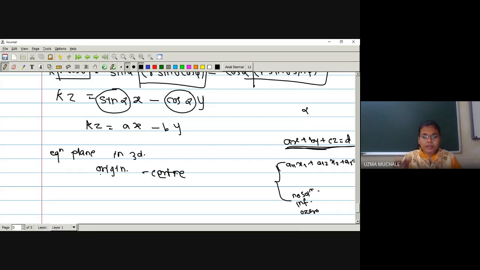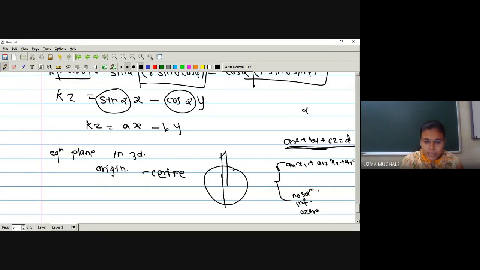So assume that you are having a sphere. In that sphere, we are going to insert a plane. Suppose that you are having a football and you are going to insert a card sheet, or assume that you are inserting one iron plate, a straight sheet, into a sphere, right? Assume that we are having a sphere and we are going to insert one plane.